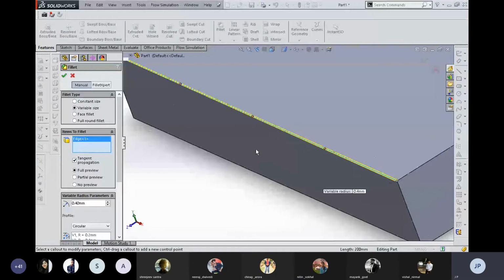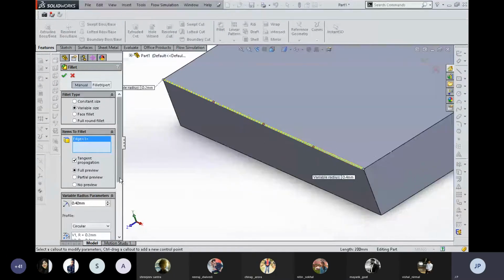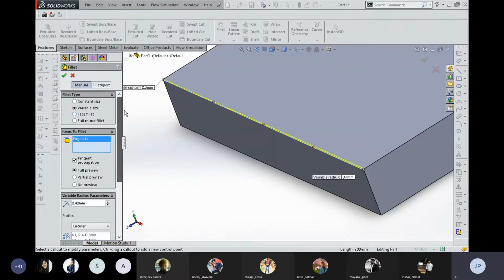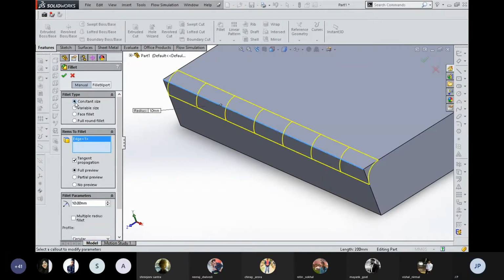In such a manner you can do this, and there are also certain parameters which are available over here. You can see circular, conic rho and conic radius. There are different features that are available within this fillet. Kindly practice yourself. I'm just giving a glimpse of how we can create these round features with respect to fillet for edges of a component.